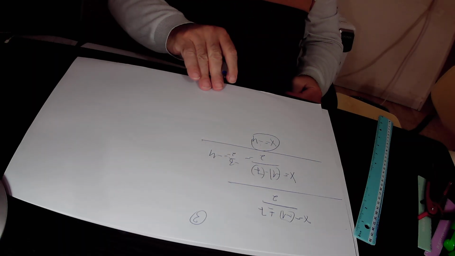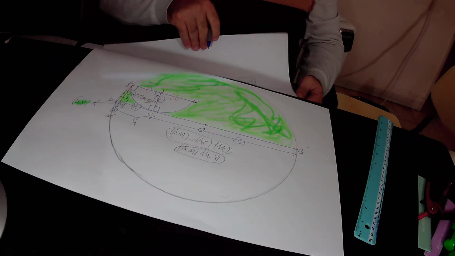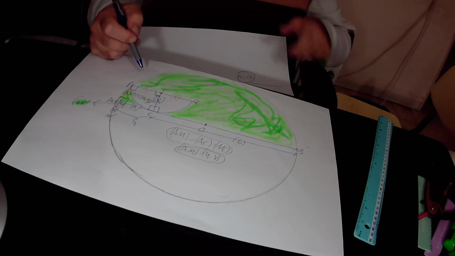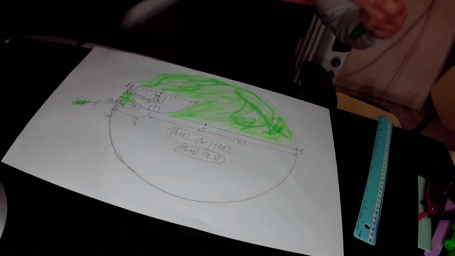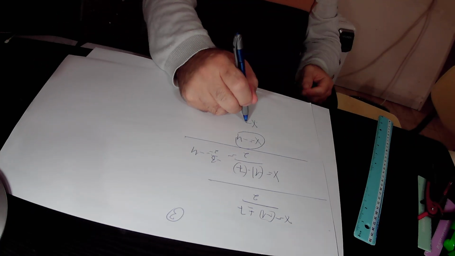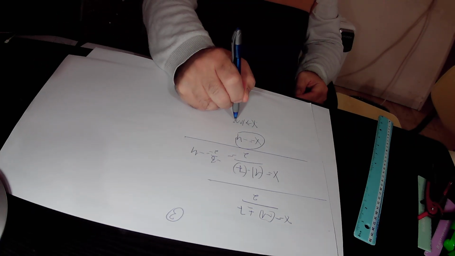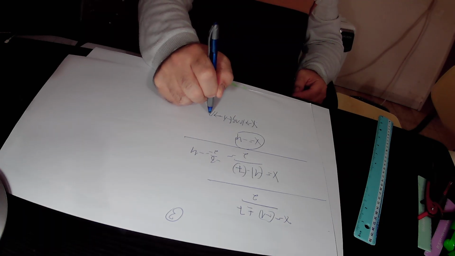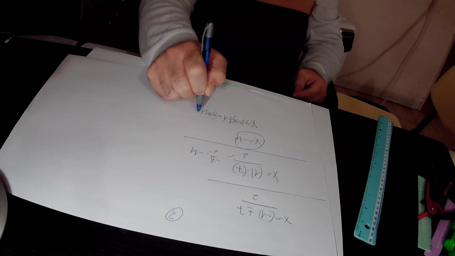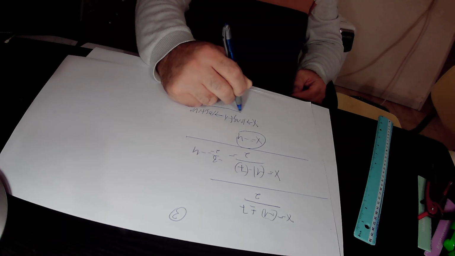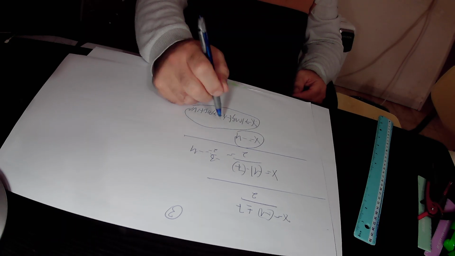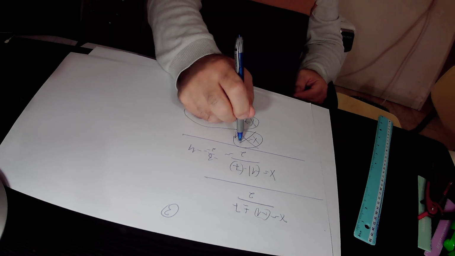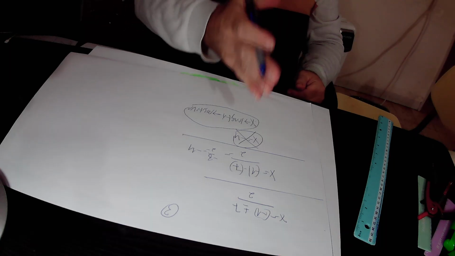But x can never be equal to minus 4. Why? Because x is the radius of this small semicircle. That is to say, x is a length, and therefore it must be a positive number. So x can never be equal to minus 4. That is a negative number. So we will cancel the first solution for x,